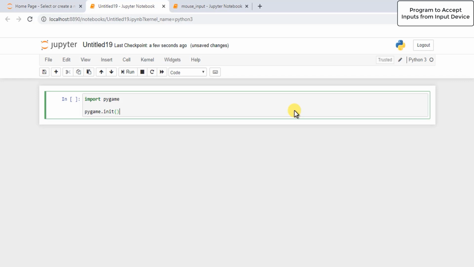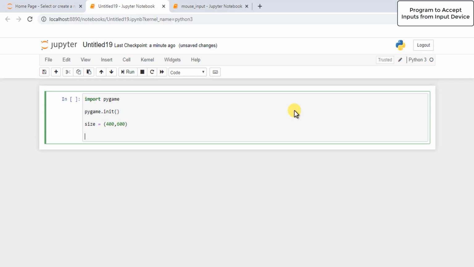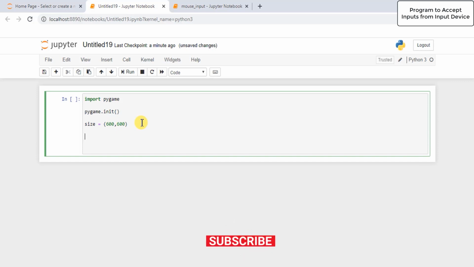The next step is we will create a display for this game. To create a display, first you need to define the size of your window. So we will create a tuple, and in that tuple we are going to set the values, that is 400 by 600 or 600 by 600. Keep it as you wish. Now to create a display, there is a function which is display.setMode. First, create the variable